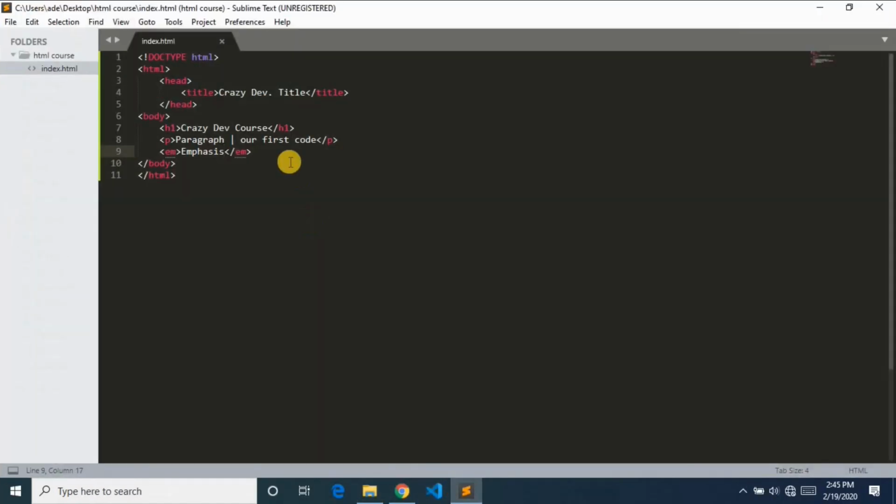So remember, emphasis used to render as emphasized text, and there's nothing special about that, but you have to know that too. So yeah, you can also add it to your paragraph here. Let's just clean this up. Let's add it here,